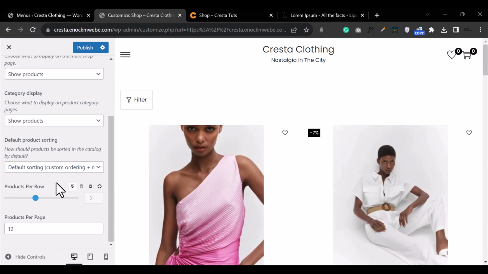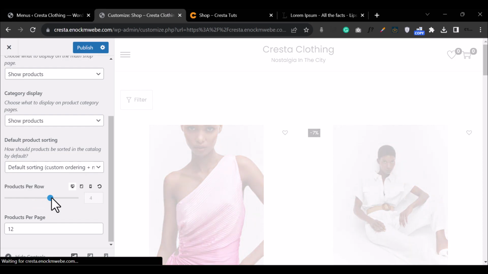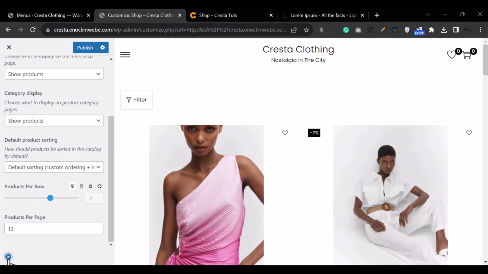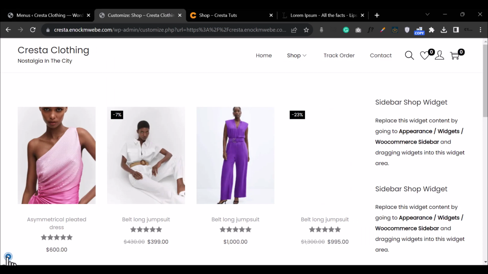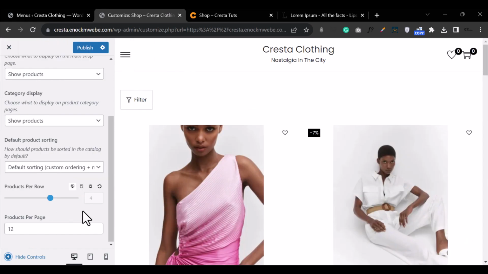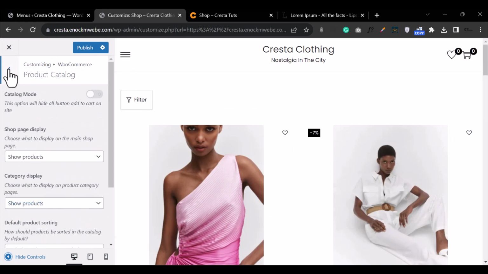I think it would be product catalog. So we need to make these four products display in a single row. Yeah, for example, like this. Then once that's done, what I want to do